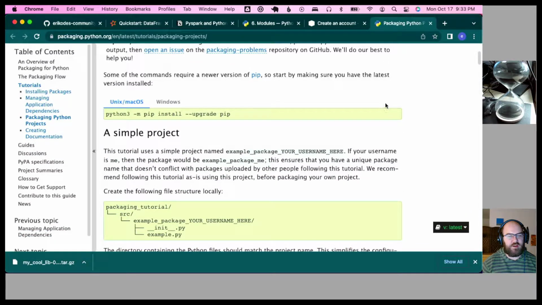Some of the commands require a newer version of pip, so start by making sure you have the latest version of pip installed. So